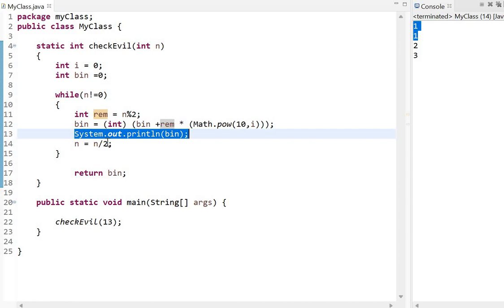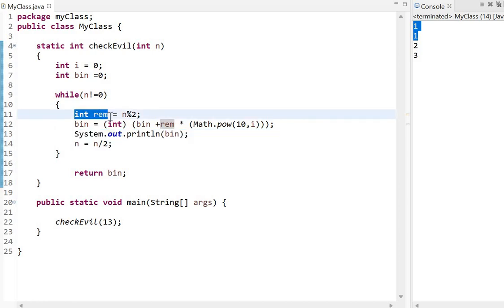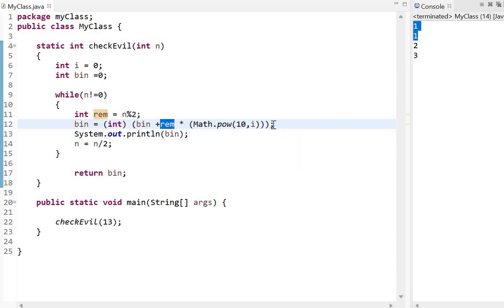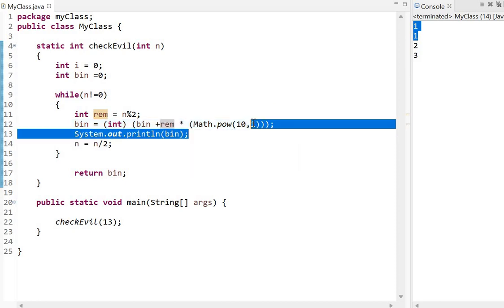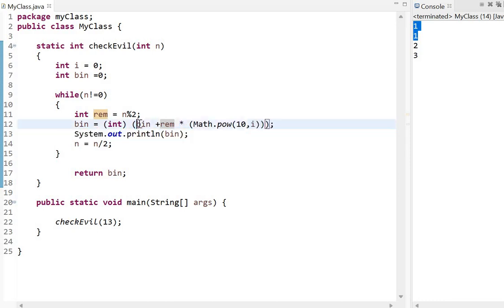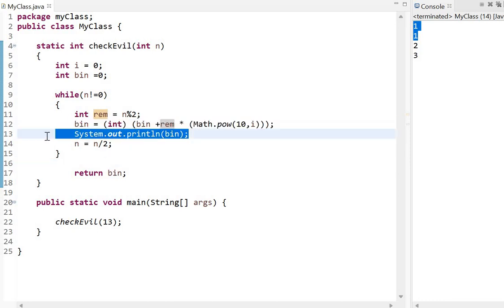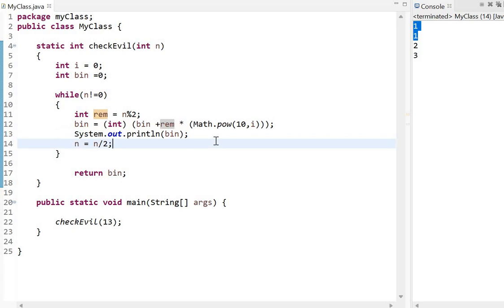Then after dividing it by 2, the quotient was 6. 6 को इसने फिर से डिवाइड कर दिया. रिमाइंडर में क्या आ जाएगा? 1 अगेन. द बिन वॉज ऑलरेडी हैविंग इट्स वैल्यू 1 and 1 plus remainder is again 1. Therefore it will become 2 because i की वैल्यू here is 0. सो i की वैल्यू is 0 definitely वो आ जाएगा आपके पास 2. जब हमने प्रिंट कर दिया तो उसने क्या वैल्यू दिखा दी हमारे लिए? 2. नेक्स्ट